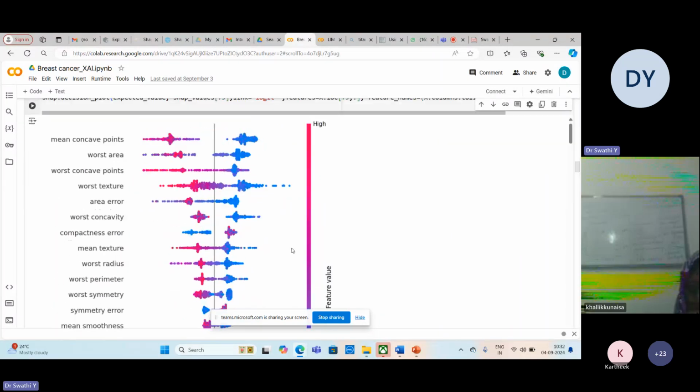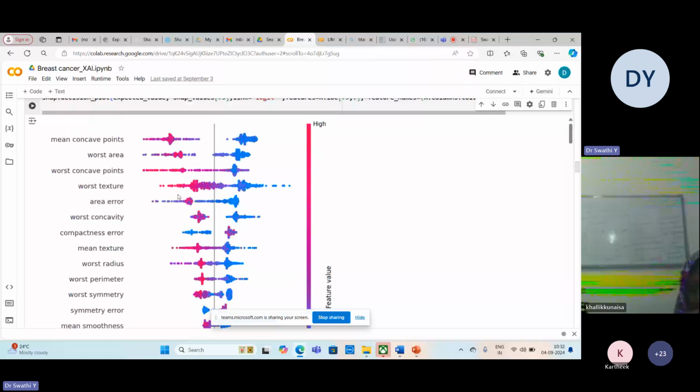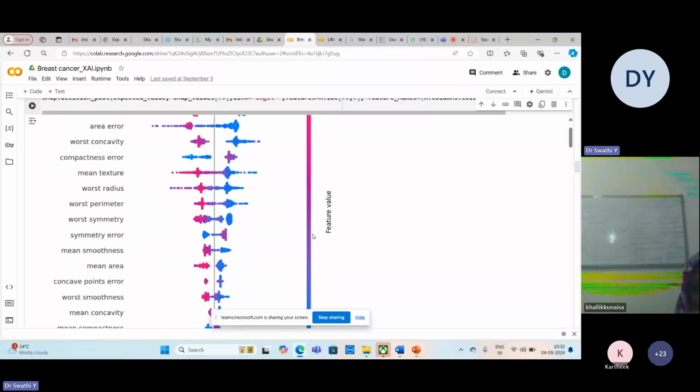All the different visualizations appear on one screen. Here the first one I've given is the summary plot, showing all the features. You can see the highest value is highlighted in pink color, and the lowest value in blue color, so you can see which one has the highest.